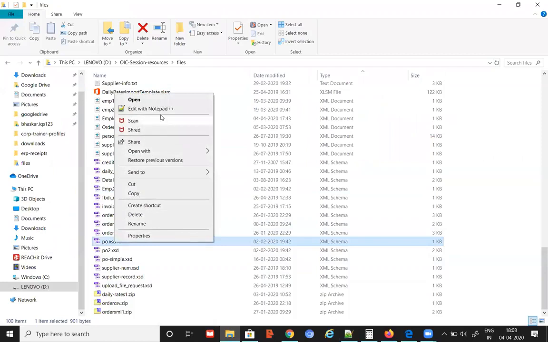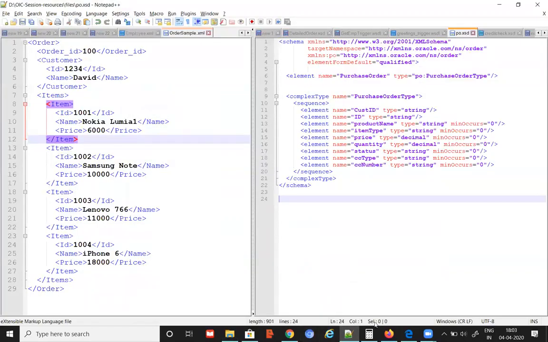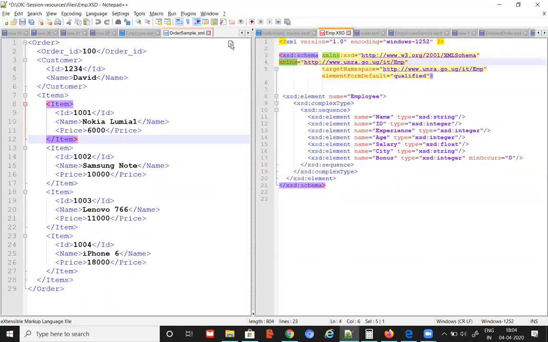Let me open POXSD. In this little different XSD, I'm using this target namespace, like XML schema 2001, that one, which was also there in that employee. Where did that exist? Sorry, this one.